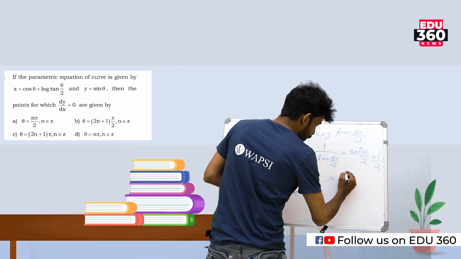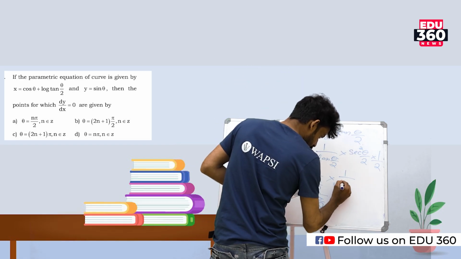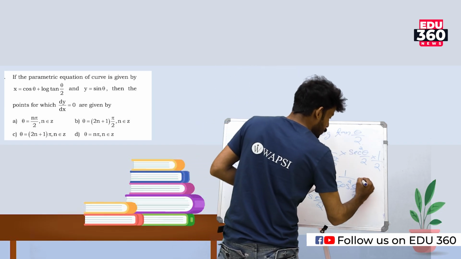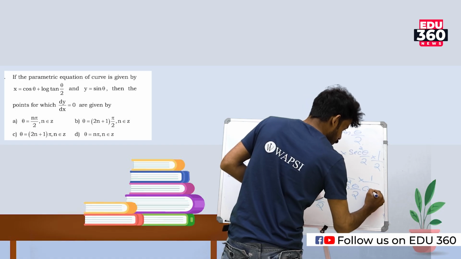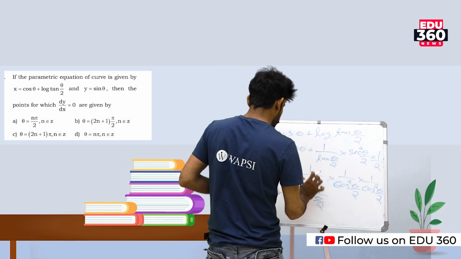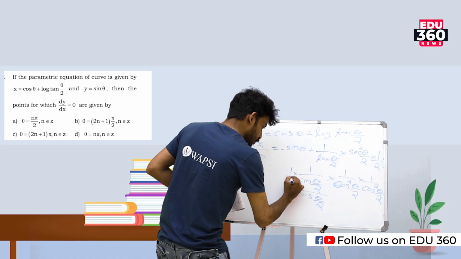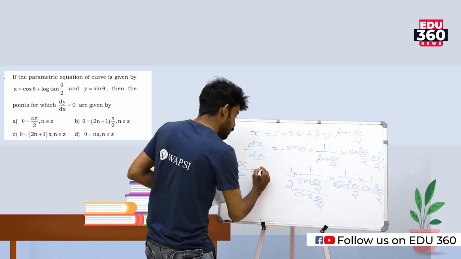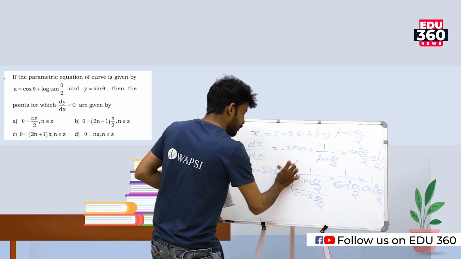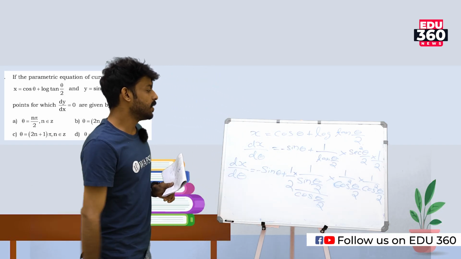For sec square theta by 2, we can write it as 1 by cos square theta by 2, into 1 by 2. So this is equal to minus sin theta plus 1 by 2 into